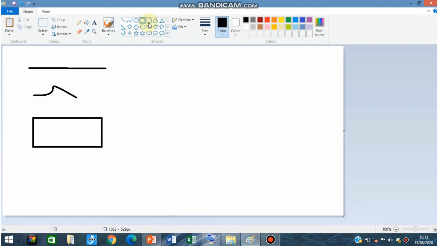Then the next option that we are going to see is the rounded rectangle. Rounded rectangle is a rectangle or square whose corners are round. Fine. So beside this rectangle option, there is an option of rounded rectangle. Using your mouse, left click on that option so that it is selected, and then bring your mouse pointer to the drawing area, to this white area, and press your left click continuously and drag